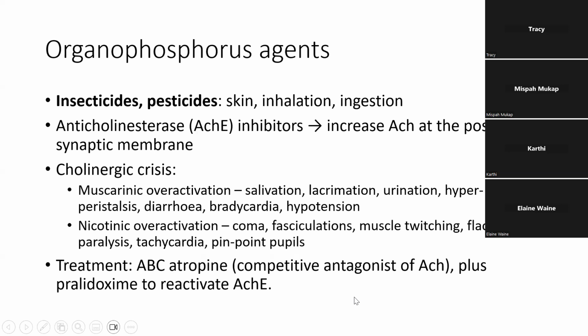There was a case of this organophosphorus insecticide ingested in Rabaul recently, and this was treated very well by the team in Rabaul with atropine and pralidoxime, but particularly atropine, over about 4 to 7 days. I think there was still needed some atropine even up to 5 to 7 days, but it was managed very well. The child had a full-on cholinergic crisis and needed mechanical ventilation for 7 days and many days of atropine administration, but the child recovered and was perfectly fine after that. So these insecticides or pesticides that a child might ingest, because it's being kept in an inappropriate container or there's not adequate safety, can be very dangerous, but they can be managed with